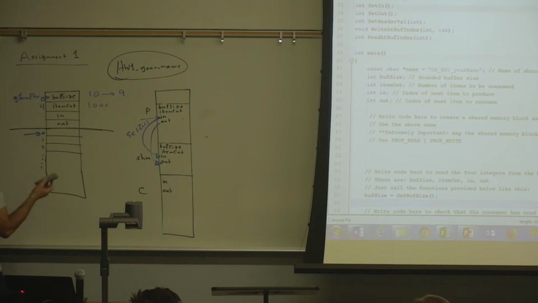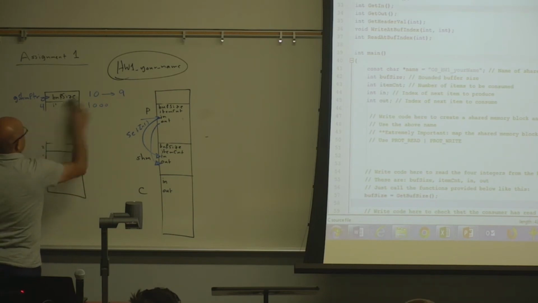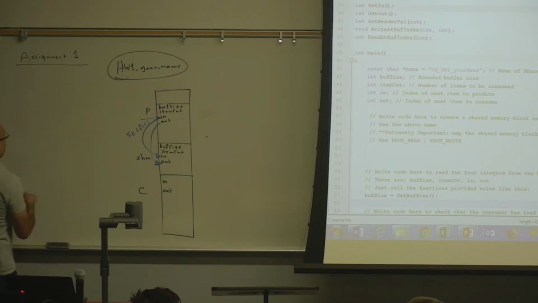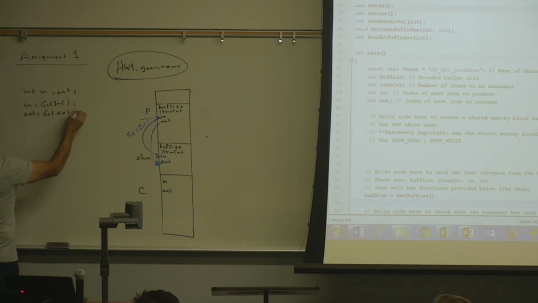Consumer: integer in and out, and then it will do in equals get in, out equals get out. So what does get in do?